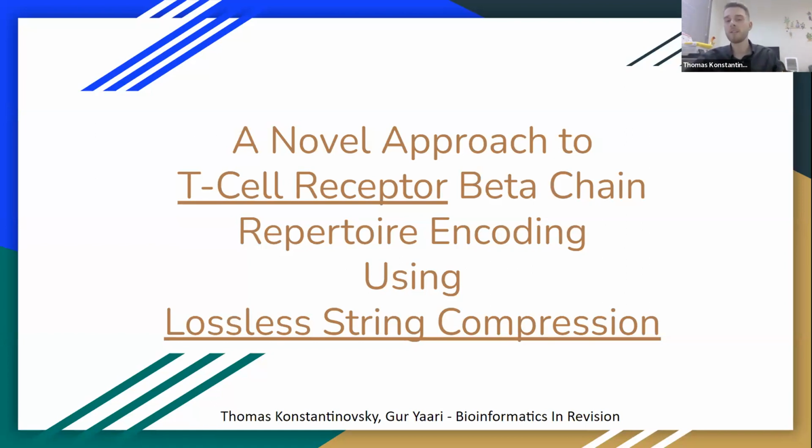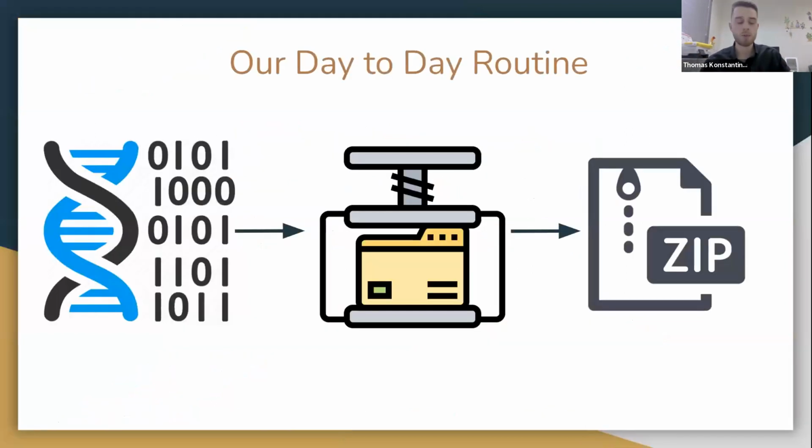So before diving into the actual details and the implementation we show in this paper, I would like to take you through an example that will emphasize the motivation behind this work. In our day-to-day routine, when working with AIRR-C data sets and we want to transfer them between our colleagues, we tend to not send the raw data, obviously, because of its sheer size. Now, we go to one of the many compression algorithms provided to us, use them in order to compress the data, and only then send it to our colleagues.